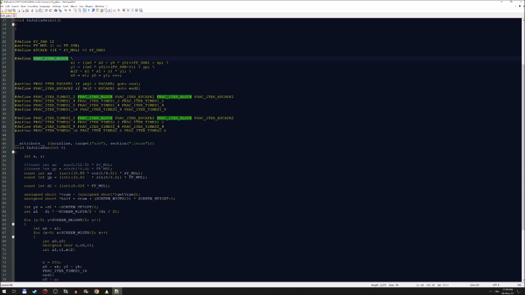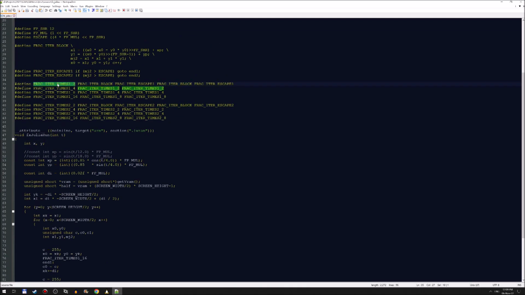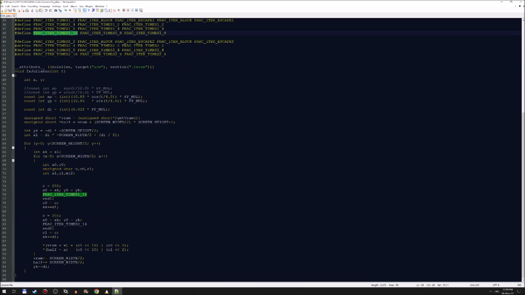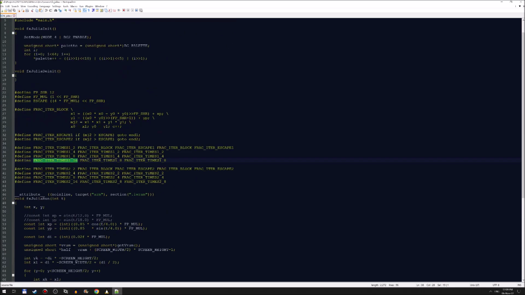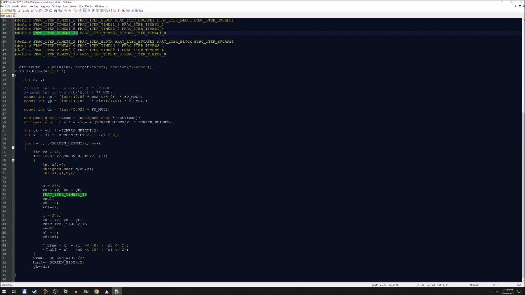Here I sanitize, of course. I have a fractional iteration block times 2 times 4 so that I can put it here. So if I want to edit something, I will edit it here and not have to edit all the iterated blocks 16 times when I want to change something in an experiment. And here I do it twice, of course, because at the end, one pixel is 1 byte. I'm in 8-bit mode, 256 colors with